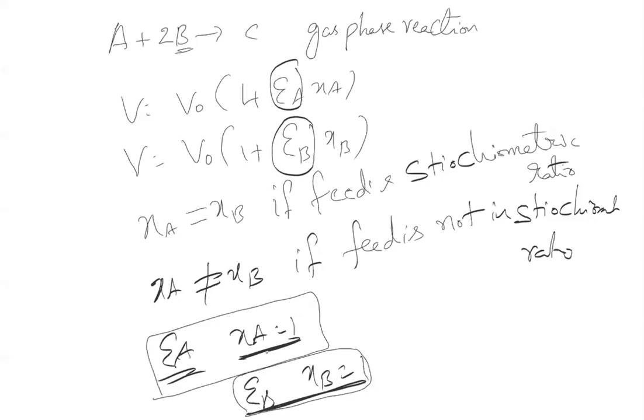Somebody is asking this question, why do we use the same expression for batch and PFR in series reactions? I think you have not attended the second class. In the second class, we have proved that batch reactor and PFR performance equations are equal for liquid phase. Then, what is stoichiometric ratio is a question. If my feed is in 1:2, here 1 A requires 2B, no? If my feed is in the ratio of 1:2, then that is called the stoichiometric ratio.